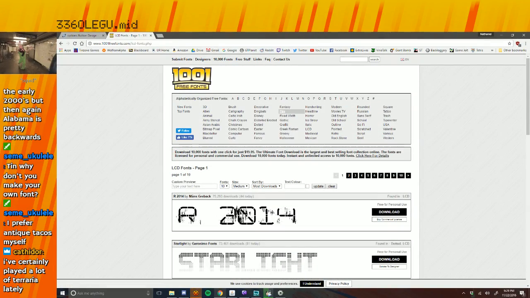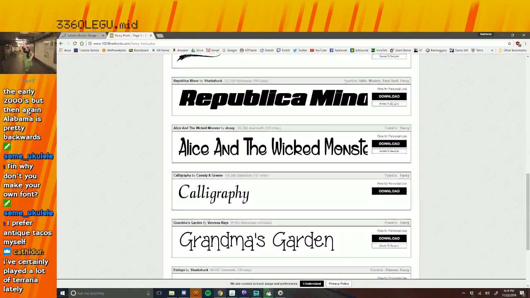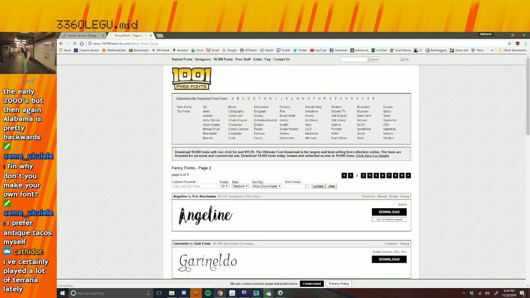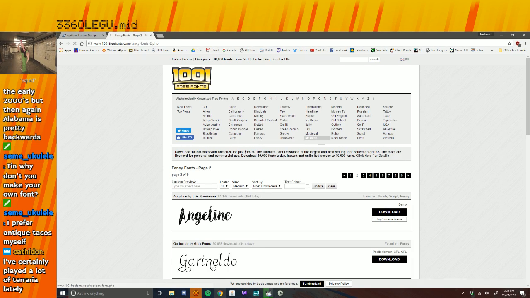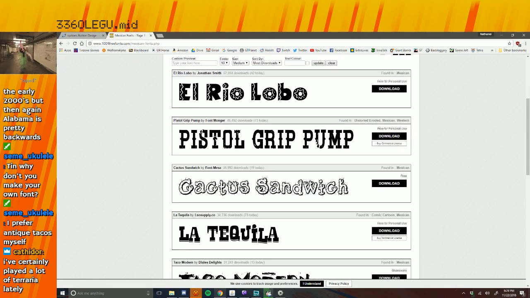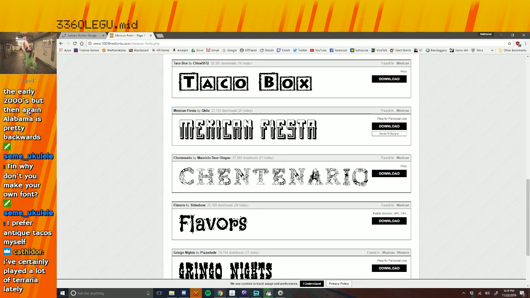What other dumb fonts can we find here? I want a fancy font. Actually, is there... Oh, there's a whole subcategory for Mexican fonts. Wow. El Rio Lobo. It's Taco Modern, Taco Box, Mexican Fiesta. This font